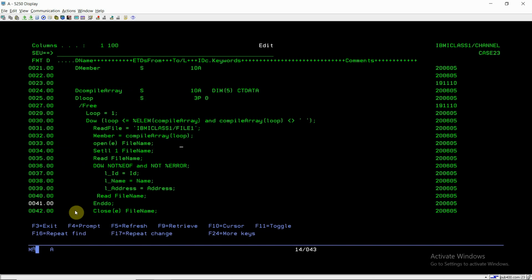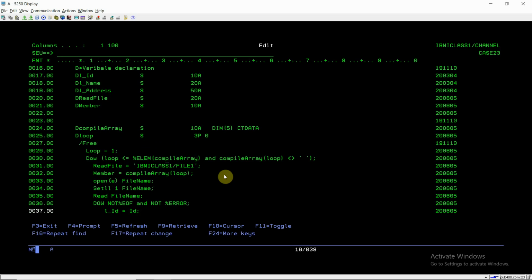In case anyone writes them in lower case, we can specify the percentile xlate function at this point. There is no percentile upper function; the upper function is in SQL, so we can use percentile xlate here. We are not going to use that here because we are not giving the demo for xlate.